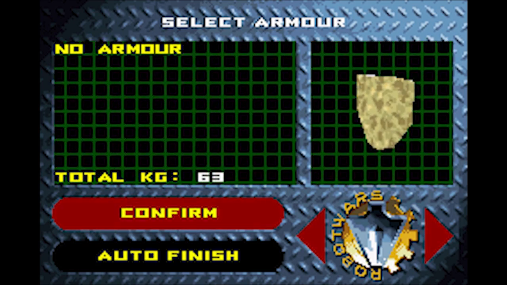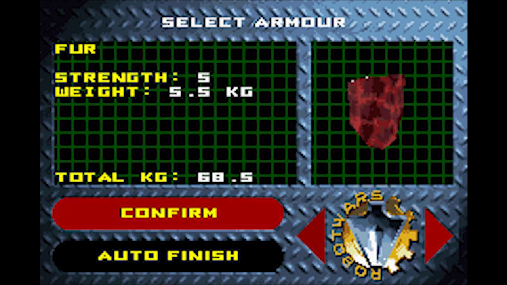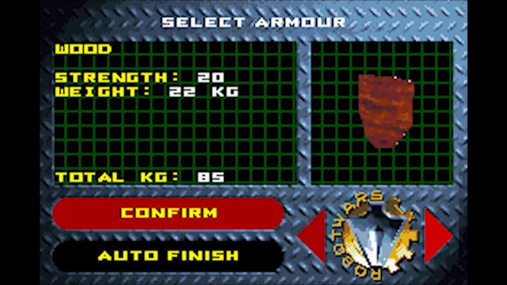There's more armors, but you have to unlock them. So you do have to gradually go through it all. Let's not be made out of fur. Fur was never their armor. They were made of something underneath the fur, I swear. Plastic, which is quite durable, but...